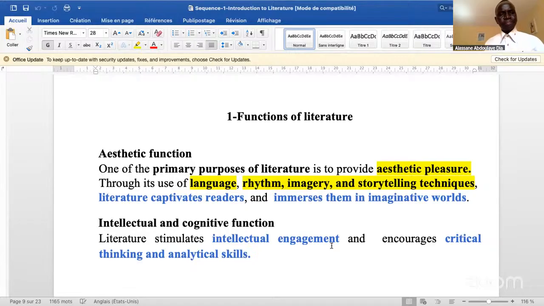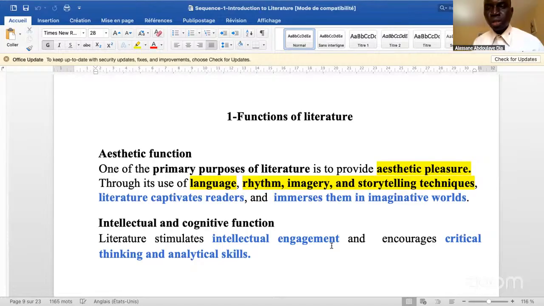Functions of literature, we have number one, aesthetic function. What is the aesthetic function? Aesthetic is beauty, looking for beauty. One of the primary purposes of literature, or in simple words, one of the primary objectives of literature is to provide aesthetic pleasure. It means to find fun with beauty. So through its use of language, the language is used with beauty. You find the beauty in the rhythm, dans le rythme, imagery, les images, les métaphores, in the storytelling techniques,